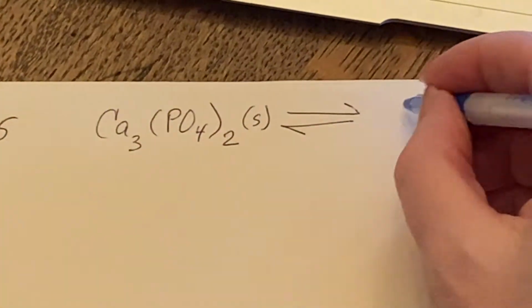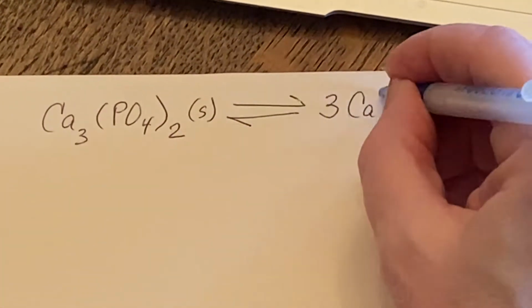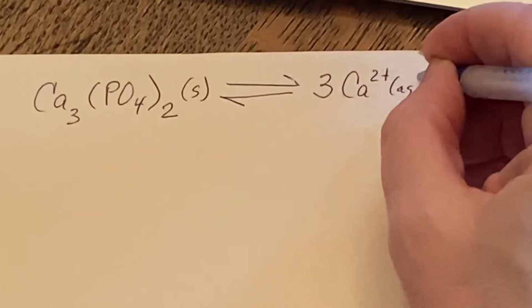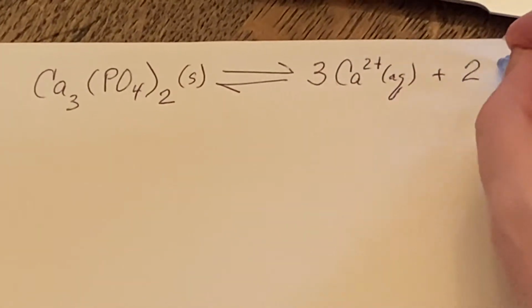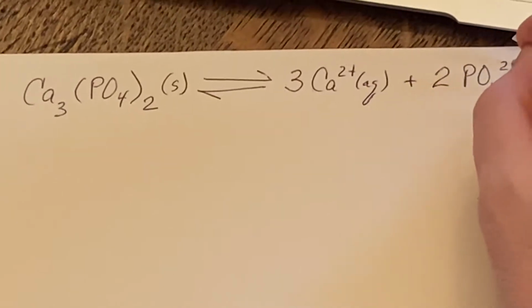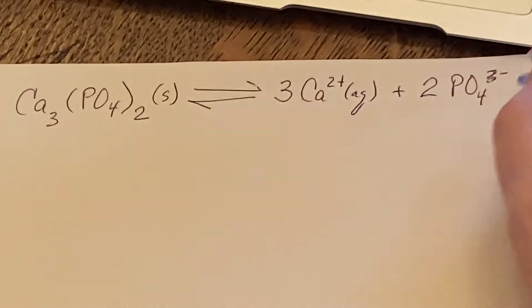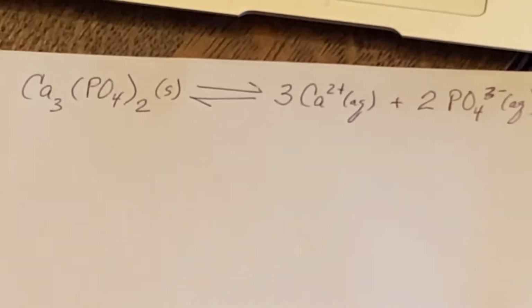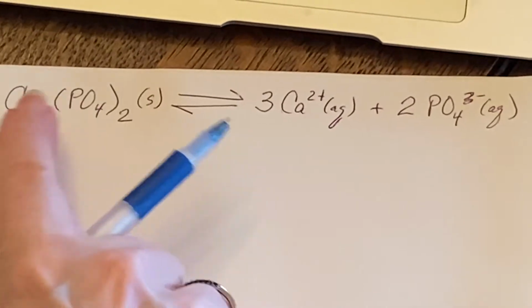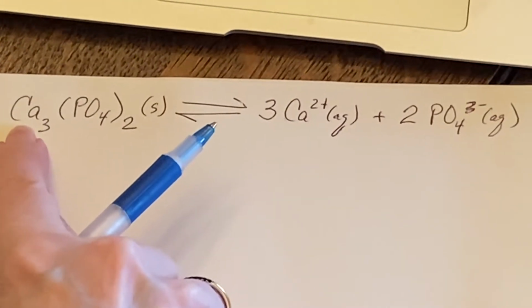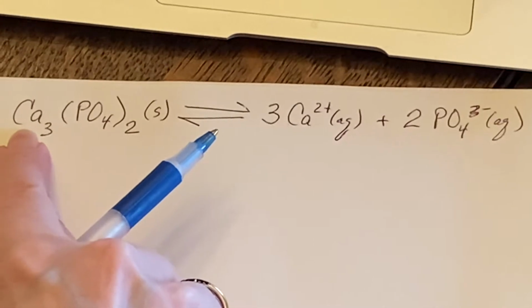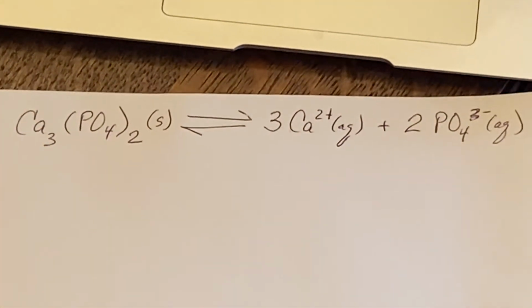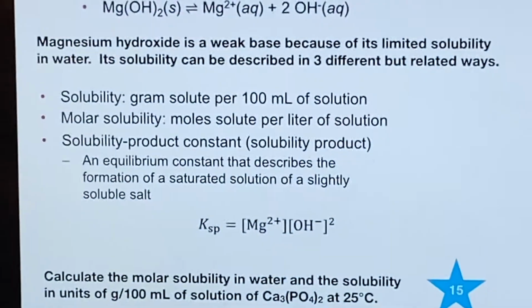Well, it's going to fall apart into 3 calcium ions and 2 phosphate ions. Oh, that's a 3 minus. There we go, aq. Needless to say, this is not terribly soluble because phosphates don't tend to be soluble, and calcium is not in the first column. So this does not have a very big number for its solubility, the KSP, which we can go look up. We'll find it in table